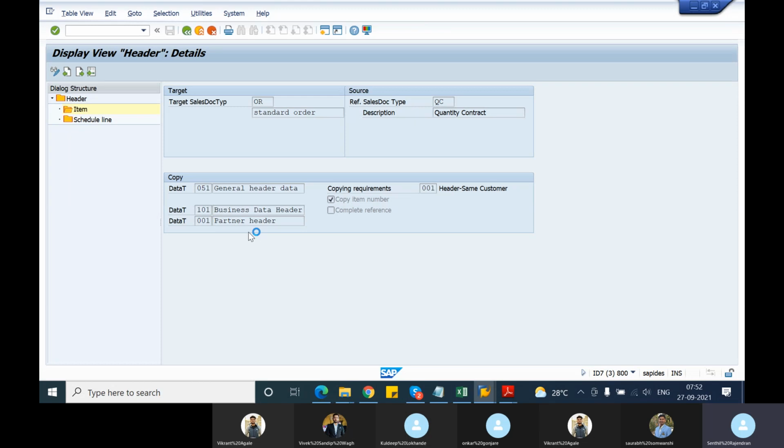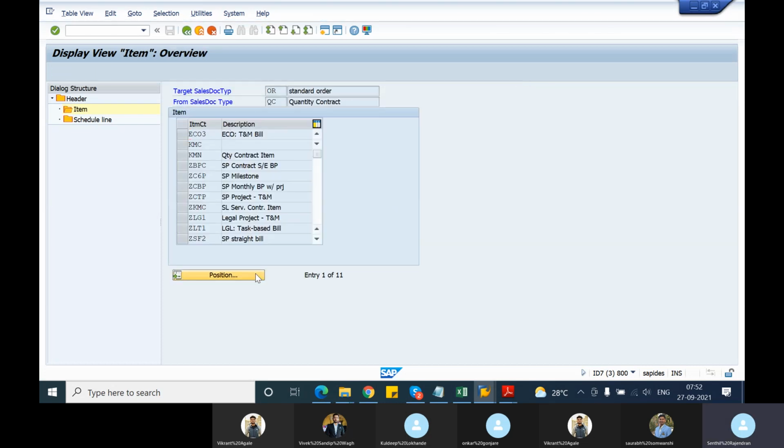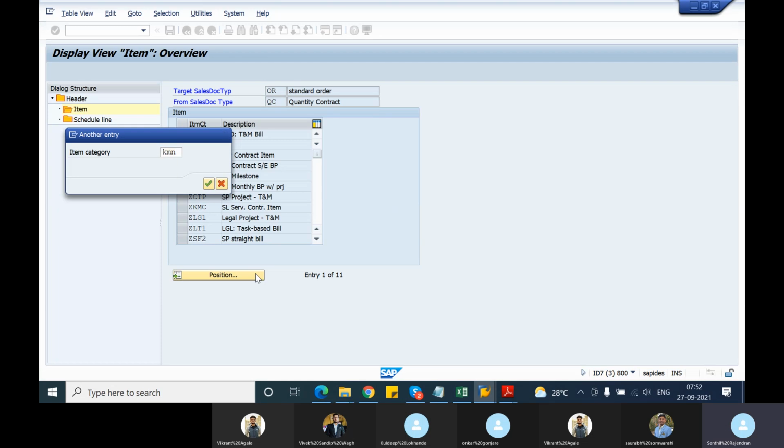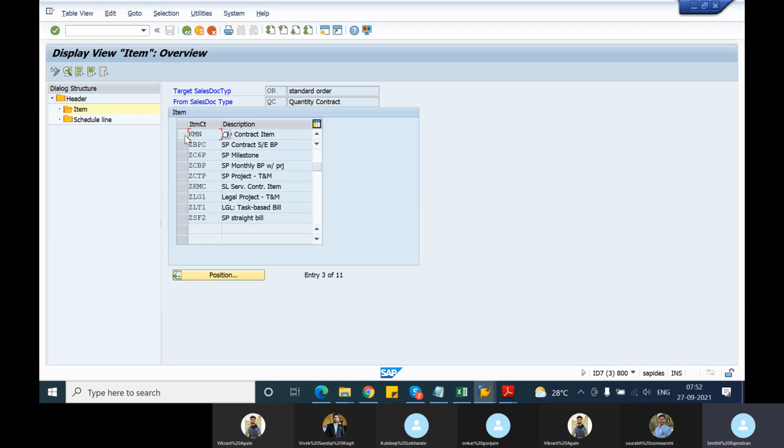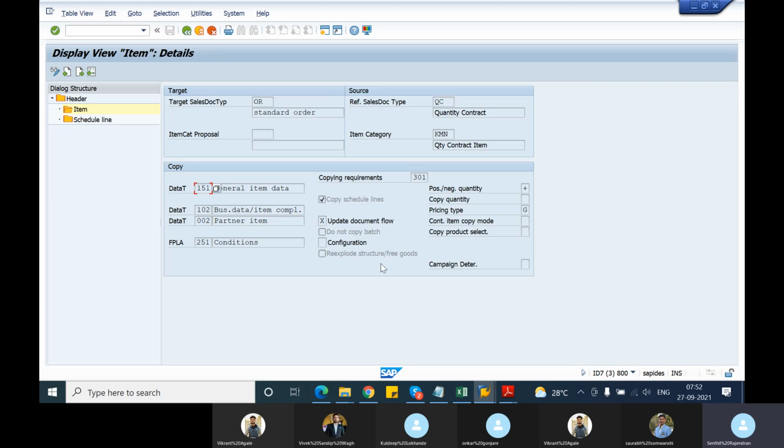Generally, whenever you open this copy control configuration, it will take some time because it reads more data in the background to bring up that screen. Now let us check KMN, the item category. You will select this and go to details. So here you have something called